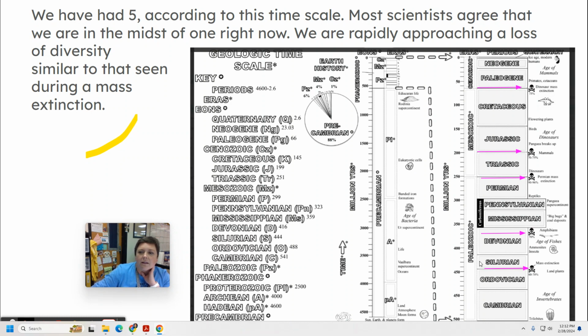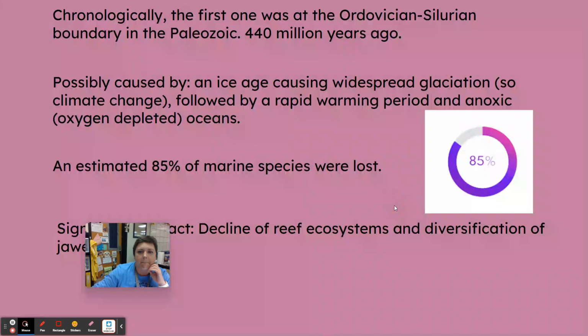So the first one that we have is this Ordovician. So it's the end of the Ordovician and the beginning of the Silurian. And when you see them, a lot of them are on boundaries like this because this is the defining event. Like that is why there's a Triassic and a Jurassic, not just one big time period. These are big events that shape our time scale. Okay.